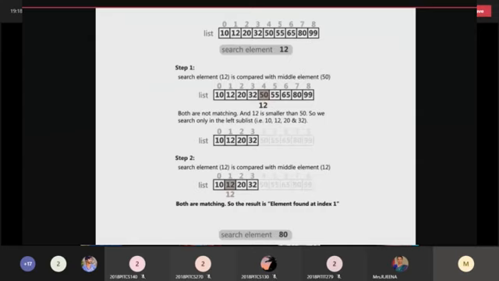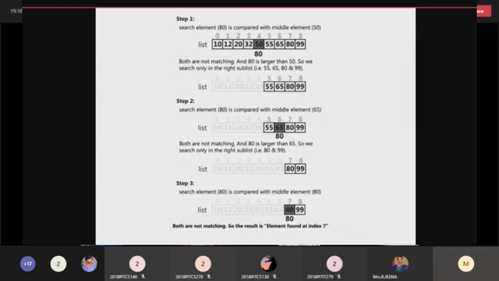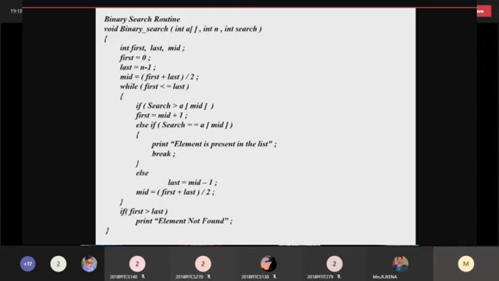If you take the first half, again you have to take the first element, middle element, last element, and again do the comparison. So this is called binary search. Binary search is somewhat more efficient compared to linear search, because here the number of comparisons is less. But anyway, it takes time, because only once the list is ordered can you apply binary search.